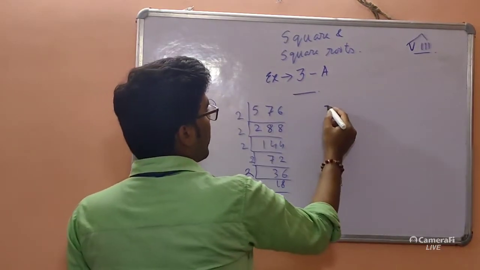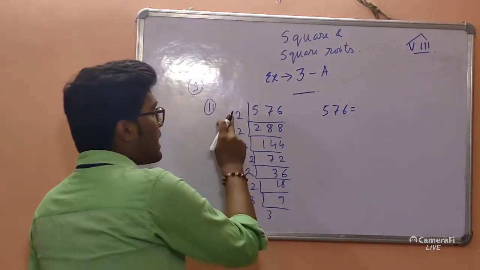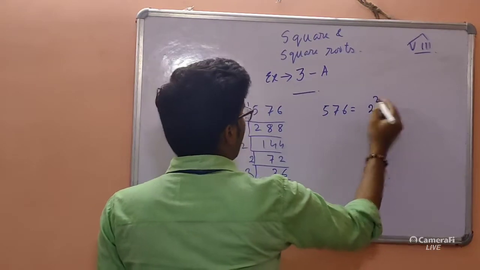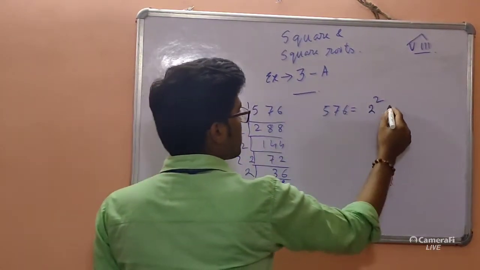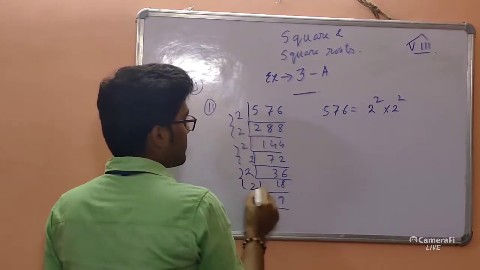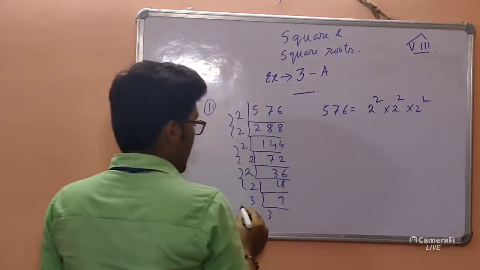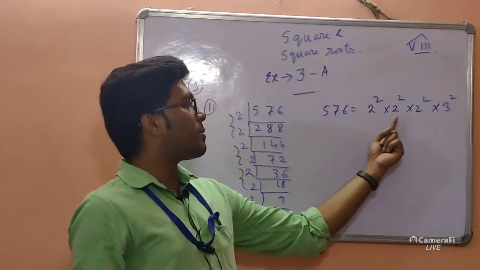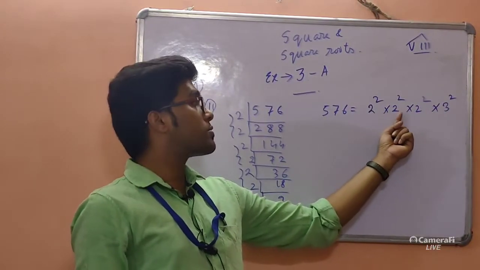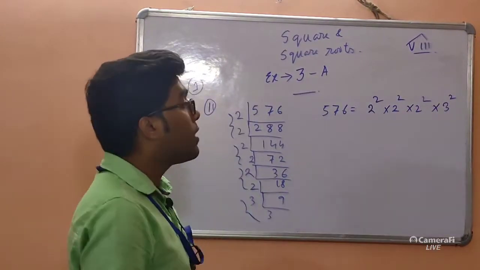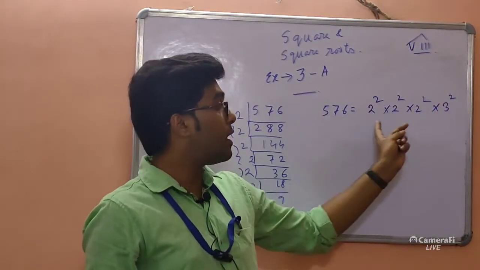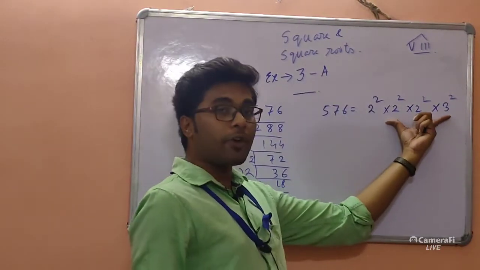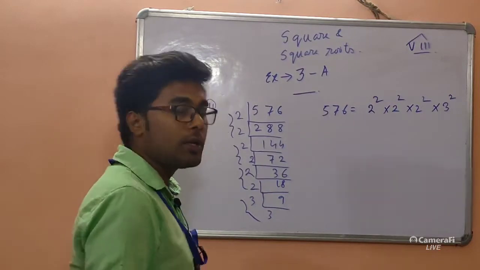Right? So what do you have here? 576. For each double 2's we will write 2 square, right? So 2 square for these two, again, and for these two 3's we are going to write 3 square. Now see, each and every one of them is a perfect square: 2 square, 2 square, 2 square and 3 square. Each of them is a perfect square. Why? Because we have found each of the terms as a whole square. So this is a perfect square. Since each term is a perfect square, therefore 576 will also be a perfect square.